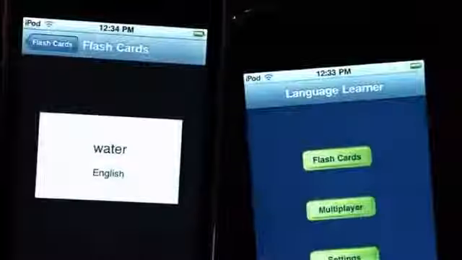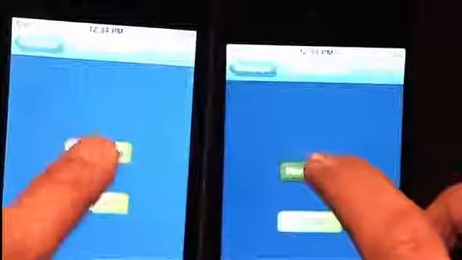And then you can view your flashcards and flip them to get the other view. But the real functionality here is the multiplayer. There are two basic game modes. One is scenarios where you describe,